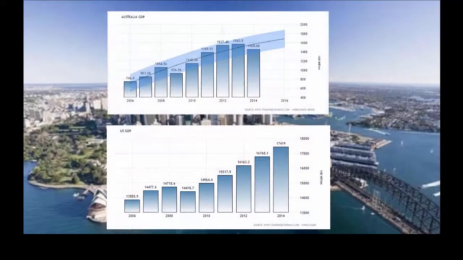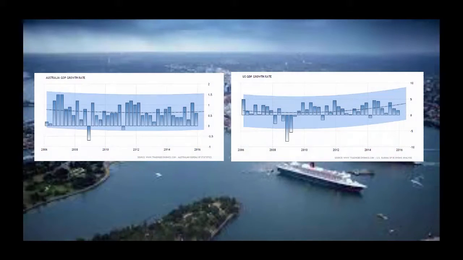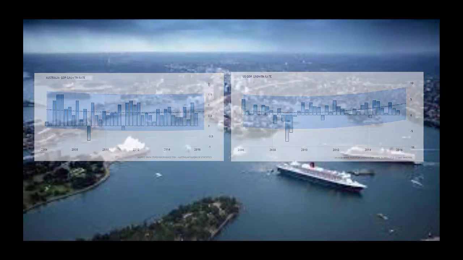Australia's GDP is roughly 8.3% of the United States GDP. While Australia's GDP has had steady growth over the past 10 years with the exceptions of 2009 and 2014 due to global economic slowdowns, the United States has seen growth rates almost 3 times as high. Expectations are for the Australian GDP to reach $1.759 trillion by 2020, more than doubling their 2006 numbers. Growth rates are also expected to hold steady around the 0.8% mark over the next 4 years. Much of the growth can be attributed to the growing economies that Australia does business with in the Asia-Pacific region.